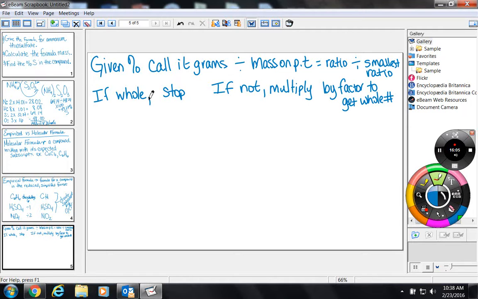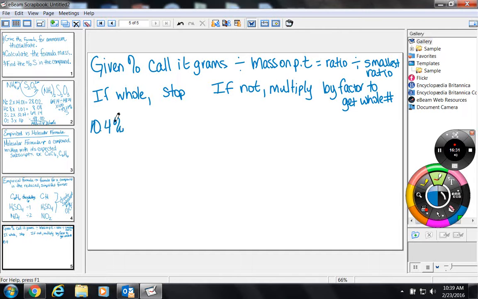All right. Here we go. You'll be given a problem that looks like this. I'm not making this up. Got a book in my hand. Okay? So in a problem, you're going to be given a set of percentages for an element or a series of elements. Okay? So you have